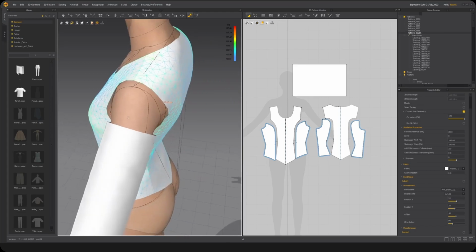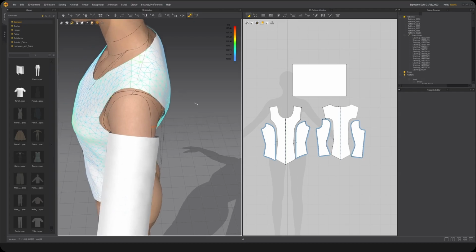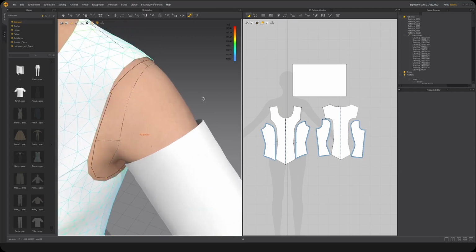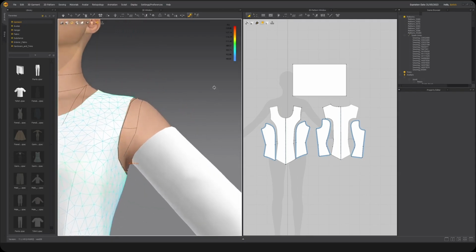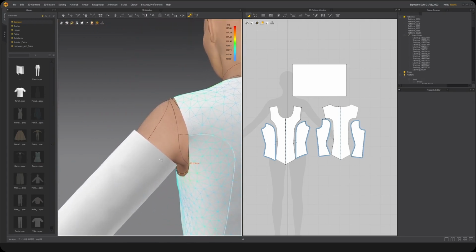So I'm just going to go all the way around the arm. And let's connect this to the beginning. And so the measurement for this particular measurement that I have created using the surface tape measure actually gives us a size here of